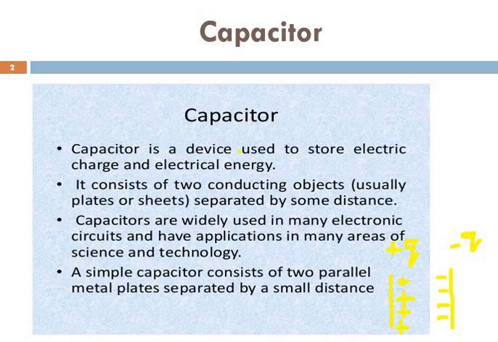A capacitor is said to be charged if its plates carry equal and opposite charge, plus Q and minus Q respectively, as shown in this figure. We can charge a capacitor by connecting the two plates to opposite terminals of a battery. Because the plates are conductors, they are equipotentials, and the potential difference of the battery appears across the plates. In charging the capacitor, the battery transfers equal and opposite charges to the two plates.